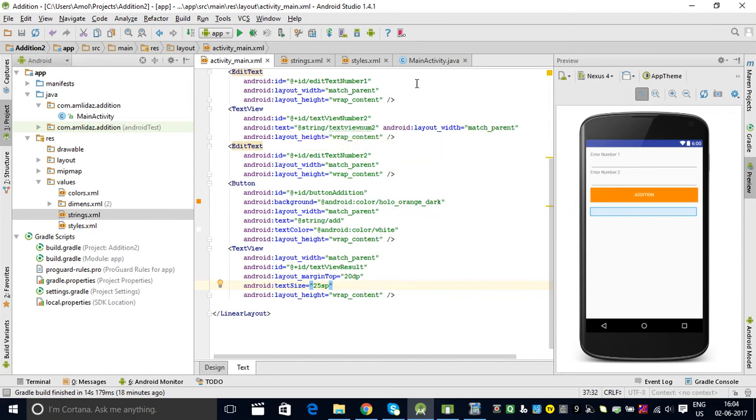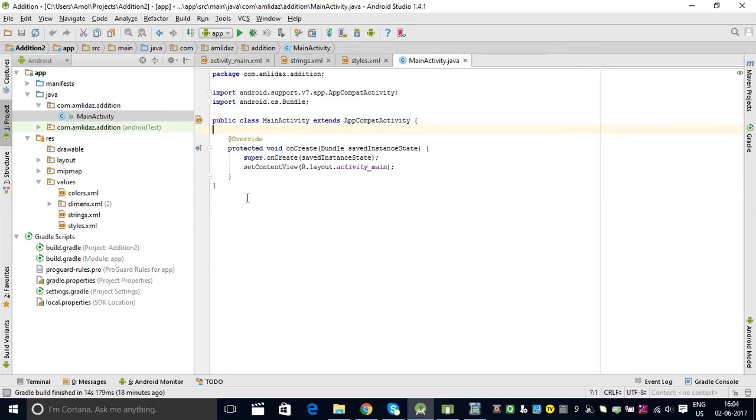So we go to Java, then the package name, then the class name, which is MainActivity here. In MainActivity you can see that I extended AppCompatActivity. You can do it with Activity. This method is onCreate, and it sets the layout activity_main,